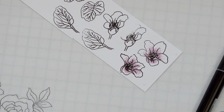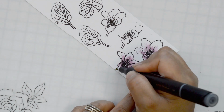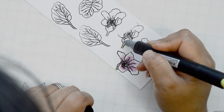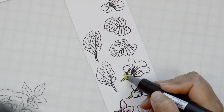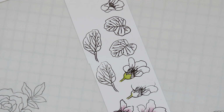So I'm gonna come in with my little gel pen, and I actually use a zebra gel pen, and I'm just gonna dot the center of each one of the little pistils of the flowers, and that's just gonna make them stand out and add more detail to the flowers. So right now, the ones that I've painted the little centers, I'm gonna go in with the green marker. Like I said, this is Parrot, this is from set E if I'm not mistaken,